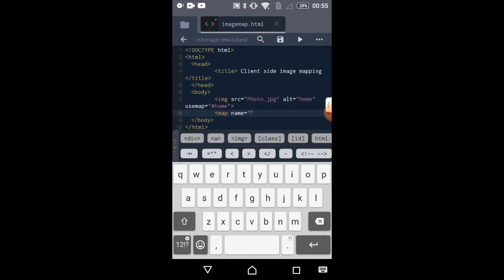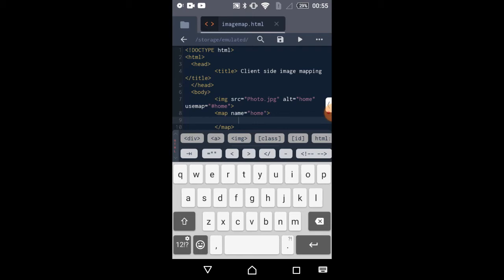As I have given use map slash home, while writing name in map you have to just remove that hashtag. Just write home or whatever name you are giving. After that close this.